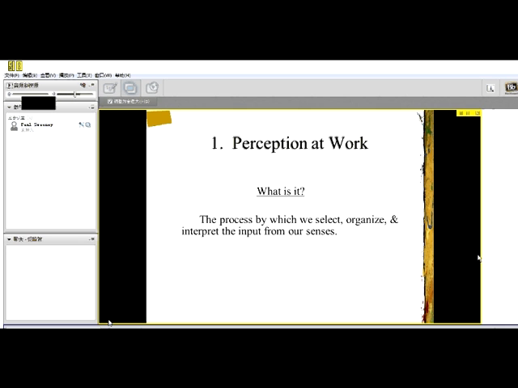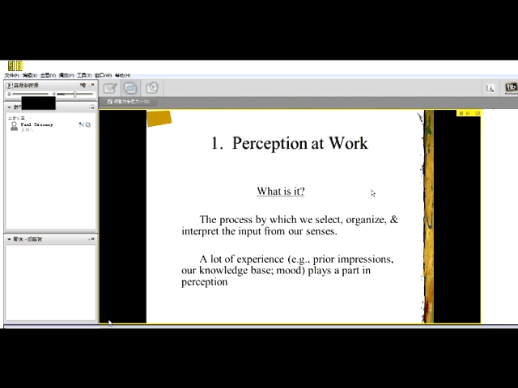Now, even if we select the same thing to look at, it doesn't mean we organize it in the same way. Organize means we have to parse it out, figure out what's going on. And miracle enough, let's assume we select the very same thing out of a complex environment, organize it in the very same way. Doesn't mean we interpret it in the same way. Often interpretations veer off depending on various features, and that's what I'm going to talk about. So all along this, perception, in other words, is a process, and all along this process there are ways for variance to occur in what we see and perceive.